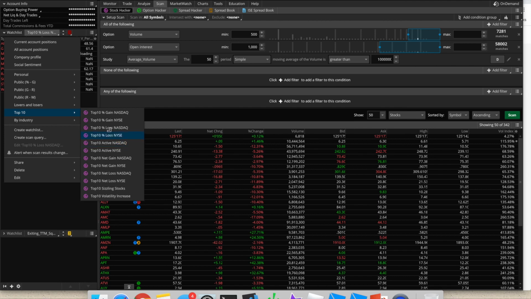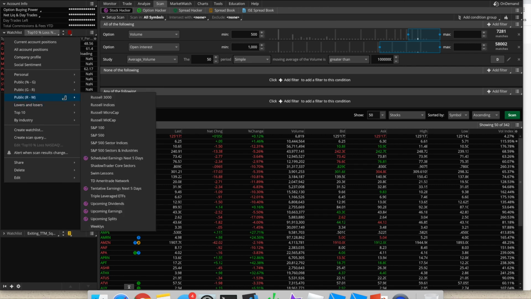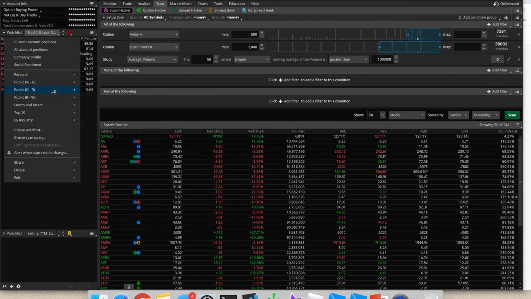Anyway, there's this thing called top 10 lists, like gainers and losers, pre-market movers, analyst downgrades, analyst upgrades. You can just choose these lists and it will pop up automatically. Then they have these public lists sorted alphabetically. So let's say all ETFs, double long ETFs, economic indicators, futures, and then